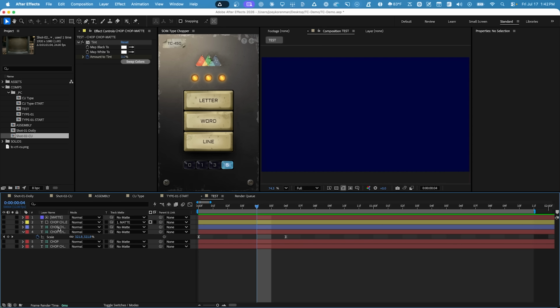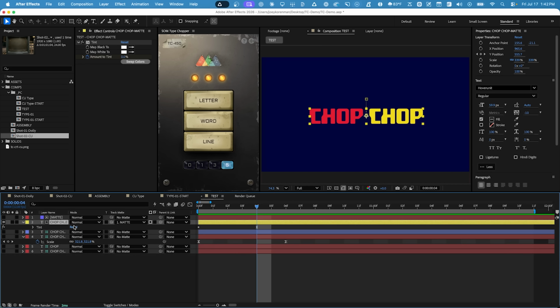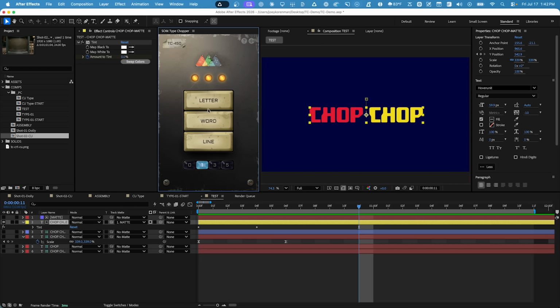Let me just delete this and I'll turn on this type layer. So this type layer has an alpha matte, right? So that this can just kind of drop down like that. It also has an effect on it, the tint effect, which is animated so that basically when the type drops down, right when it hits the bottom, that's when the color appears, okay? So it doesn't look that cool like this, but if I just click letter, and let me do a 1 frame offset here,